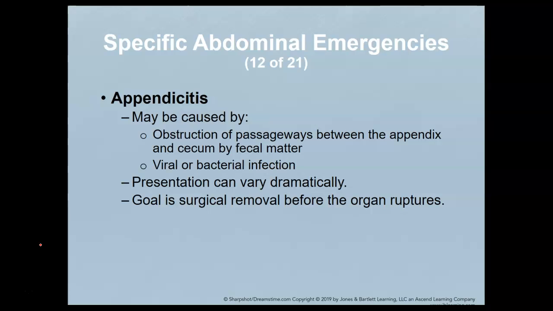Okay. So talking about appendicitis, the appendix has no true function that we're aware of within the GI tract. It's just kind of there. It's lymphatic tissue, actually. And I think somewhere around 10 to 20% of the population tends to have appendicitis. The reason is that a lot of fecal matter can get trapped in there. Where the appendix lives, as the intestines are coming down, creates a kind of perfect storm where fecal matter can get impacted,